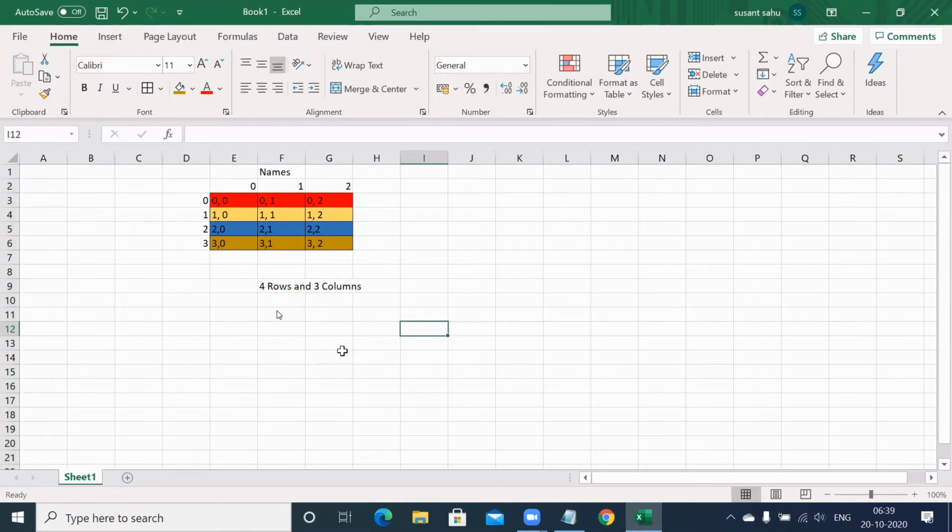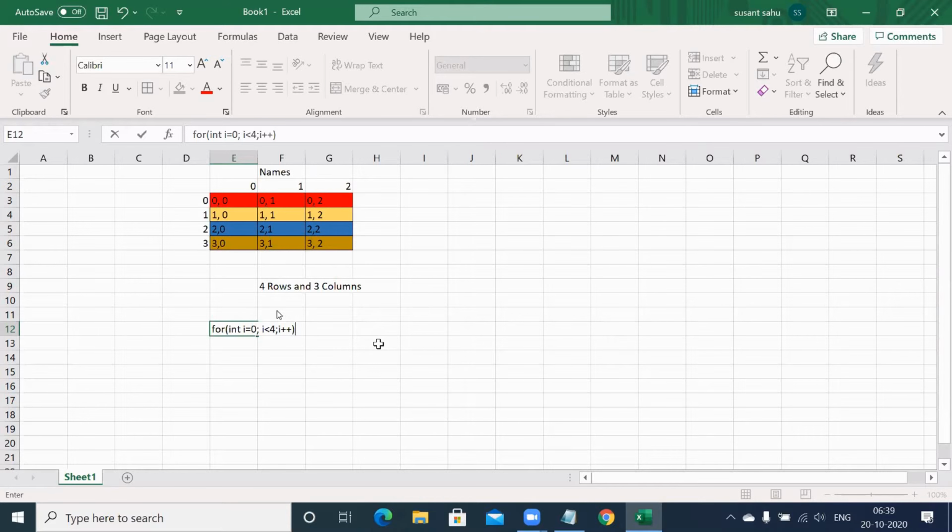Now you remember nested loops. In a nested loop also, we are doing almost something similar to that. Like int I, suppose 0 was constant across j, that means I less than 4, I plus plus. We will go to Visual Studio, but before that, let's completely understand how the row number and column number are behaving.